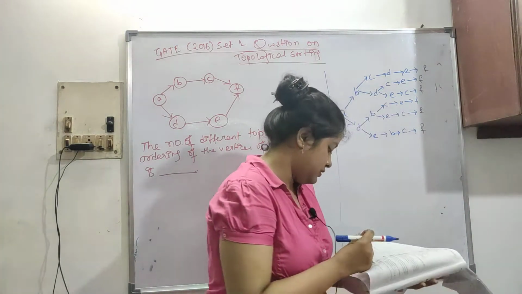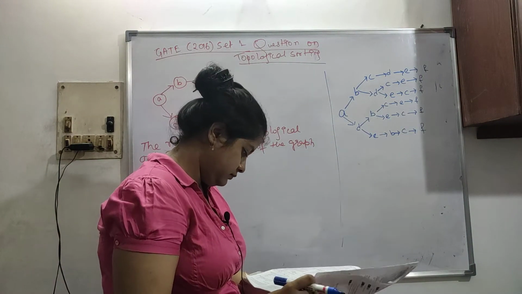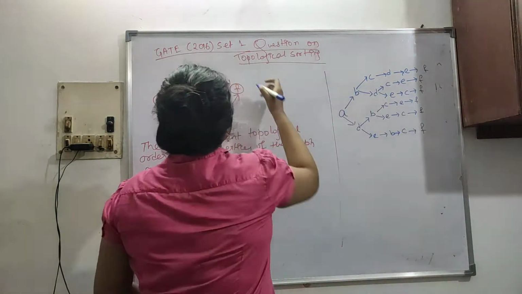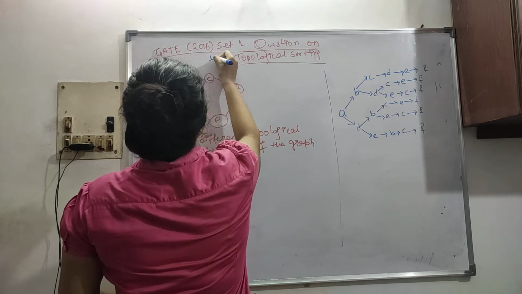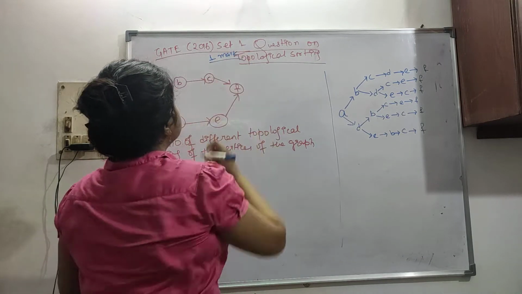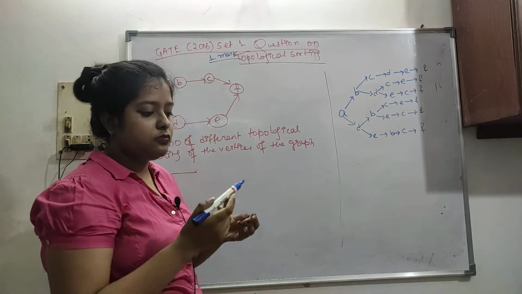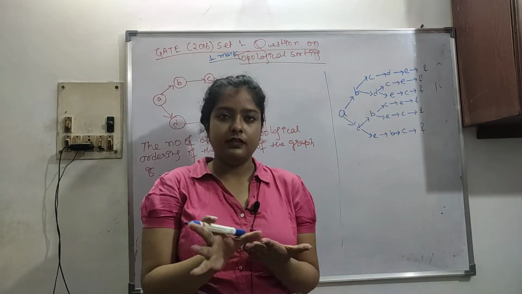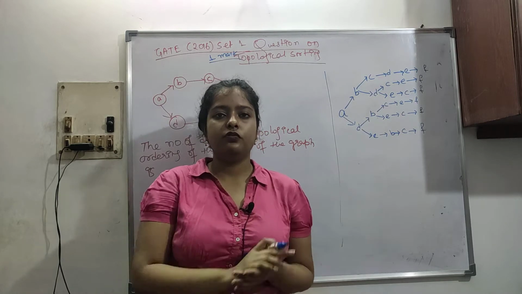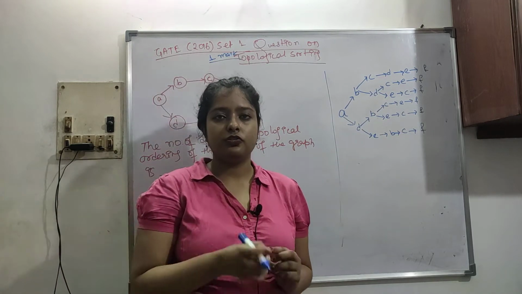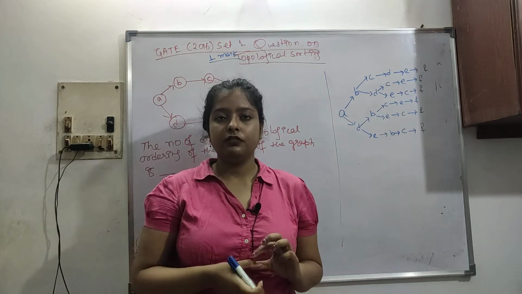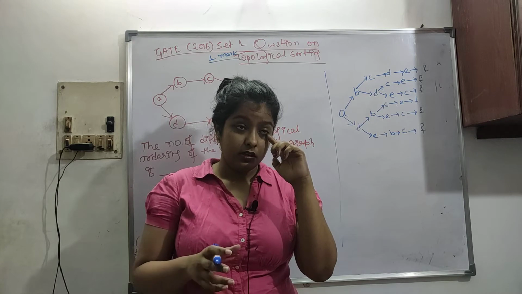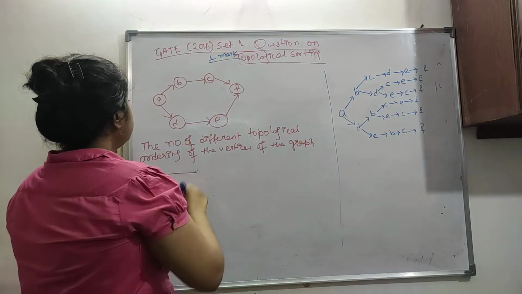Let me check once. This was a one mark question. This is the directed graph given. So what is topological sorting? How can we do that? When the incoming in-degree is 0, we can delete that vertex and move on. I hope you have watched the topological sorting video, then only you can understand this. Please go and watch that and then come back to this video.